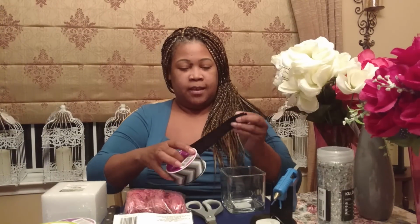I'm going to start with the low one, and this one is going to be really quick and super easy. Okay, so what I'm going to do is take this glass, which I got from the Dollar Tree, and affix the ribbon to it. The ribbon that I've chosen is a chevron designed ribbon that is in different shades of gray and a little bit of black. And I'm going to take that,